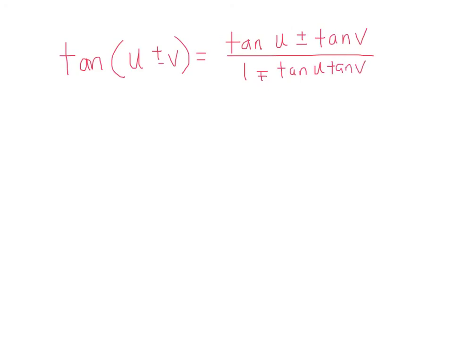Okay, so then once you put sine over cosine and you simplify that formula, this comes up. Tangent of u plus minus tangent of v on top, and then the bottom is 1 minus plus tangent of u, tangent of v. So if we use that formula for the first problem, which is tangent of 15, let me go to the